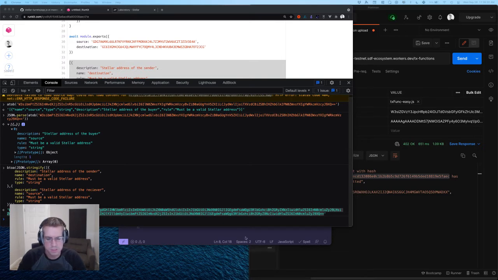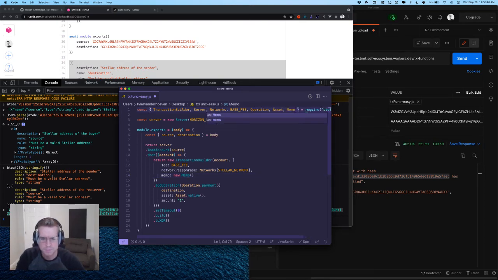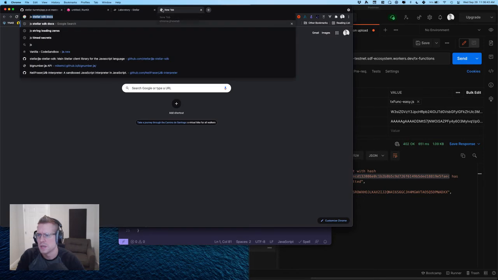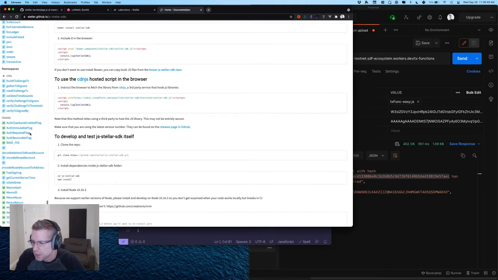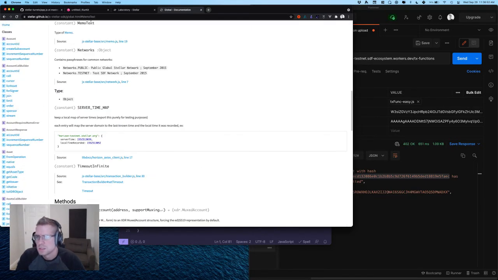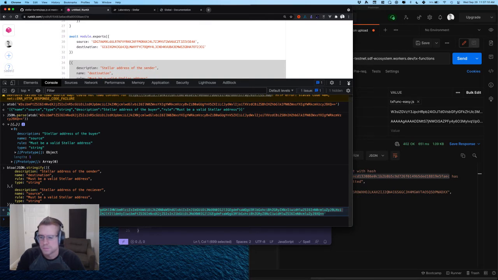But you know what? Just because I'm curious, let's add a memo, because that'll make it for sure different, right? New memo. I don't actually remember the JS docs. I need to remember what the types are. Let's do text, memo text, new memo, hello world with the type of memo text, and I'm actually going to run this back through my RunKit